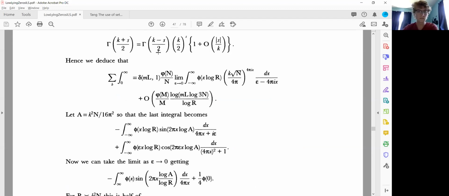We no longer have those gamma factors. We now have dx over epsilon minus 4 pi ix. And now it's really clear why we want epsilon there. If epsilon was 0, we would be integrating dx divided by x. Well, that blows up at x equals 0, but it's an odd function and we're integrating it against an even function. But now we have the k root n over 4 pi to the 4 pi ix. That's no longer odd. Okay, so it looks like things should be okay,